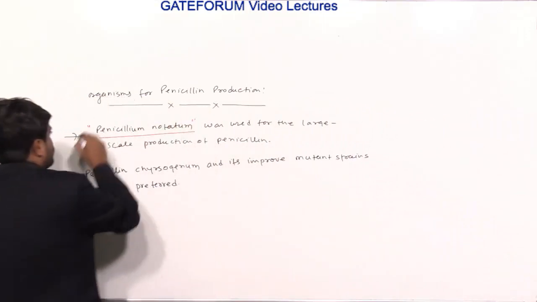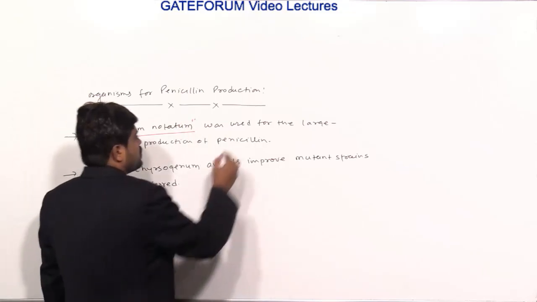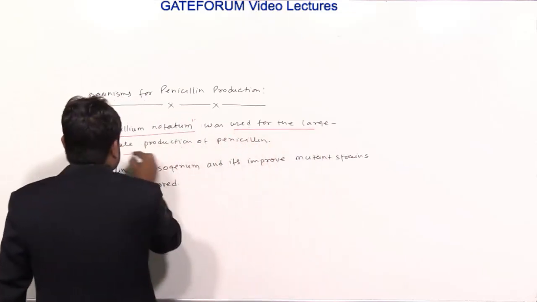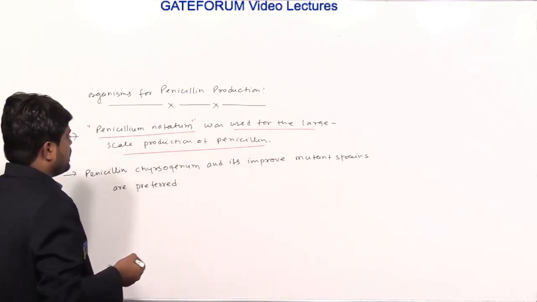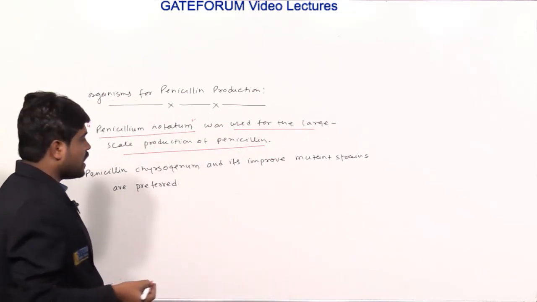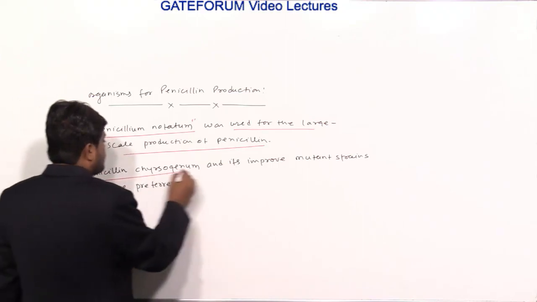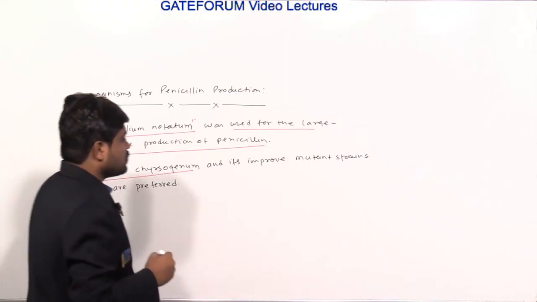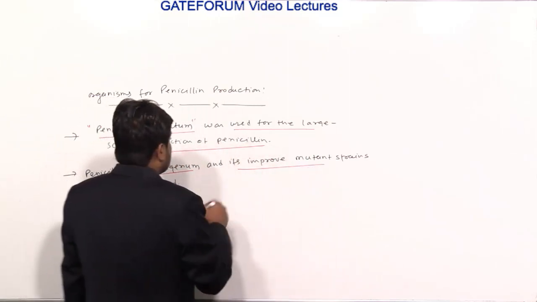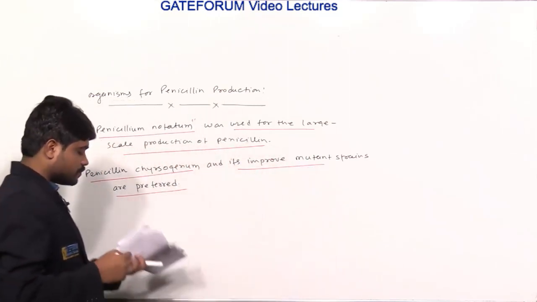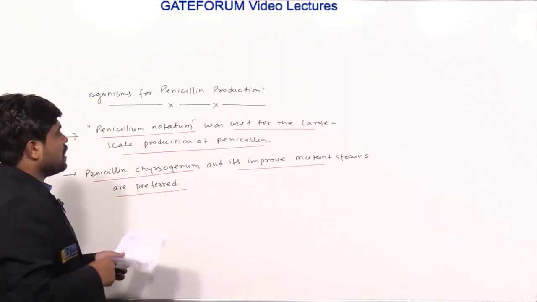Penicillium notatum is used for the large scale production of penicillin, as well as Penicillium chrysogenum. The chrysogenum, its improved or mutant strain, is nowadays preferred for the production of